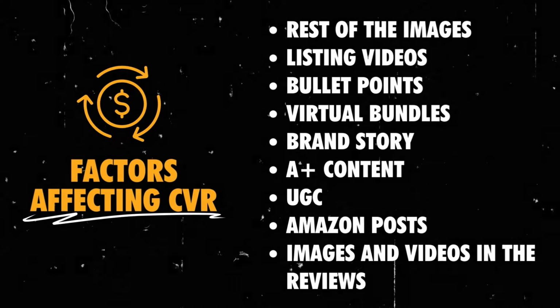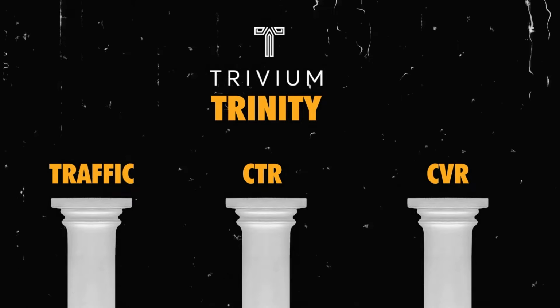Okay, let's move on. Average order value. What do we need to know? How do we get it up, and how does it impact your growth? Yeah, so we talked about the core pillars, right? Driving more traffic, more people see you. Improving click-through rate, more people end up inside your listing. And improving conversion rate, more people end up buying from that listing.